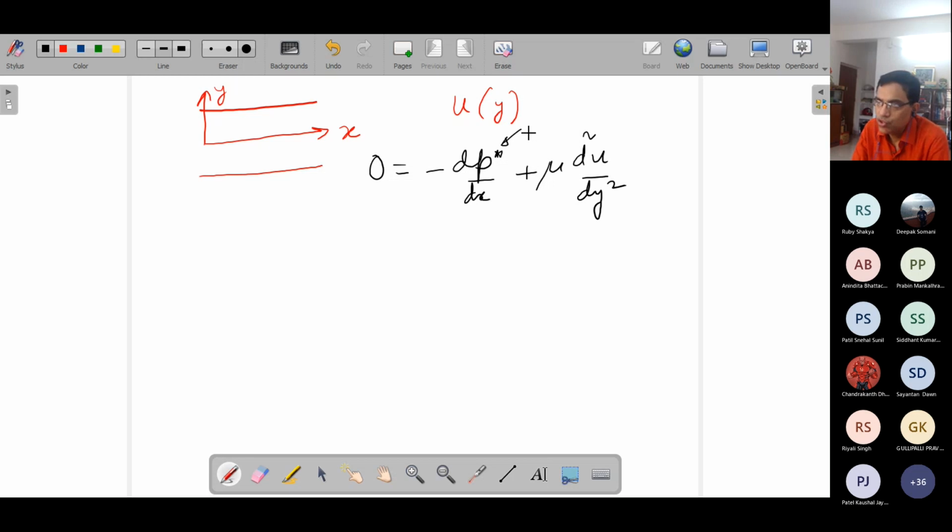So I will of course solve this equation. It is quite straightforward. But before that, see, this has all come from a simplification of the Navier-Stokes equation. But what it actually means. So to understand that, we will take maybe a small rectangular element somewhere. It is not any specified location. So if you zoom it up, let us say that it is something like this of axial length dx.